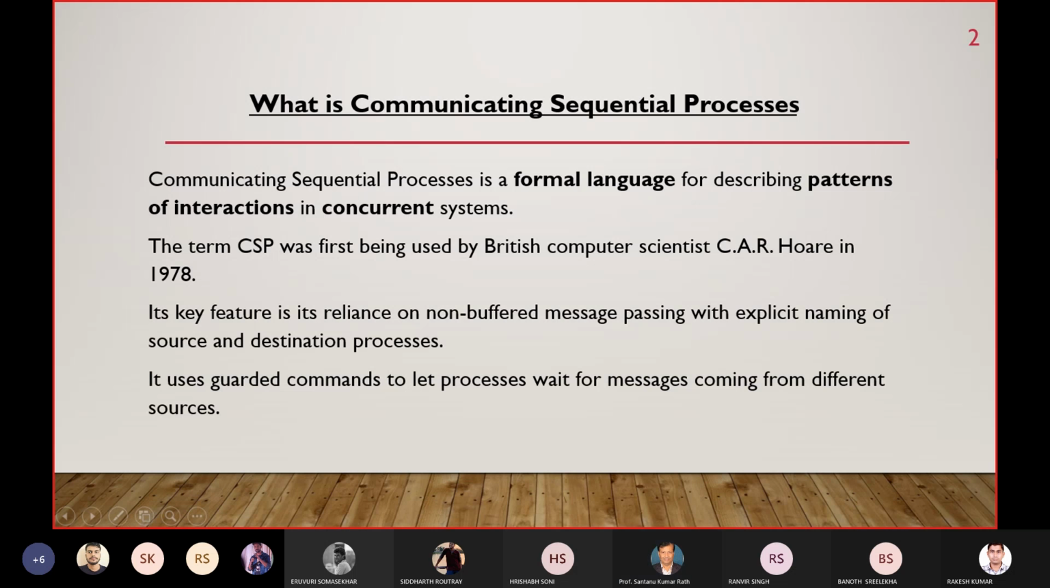So what is communicating sequential processes? It is a formal language for describing patterns of interactions in concurrent systems. Speak louder. Communicating sequential processes is a formal language for describing patterns of interactions in concurrent systems. I will also tell in the next slide about what is formal language, pattern of interactions, concurrency. The term CSP was first used